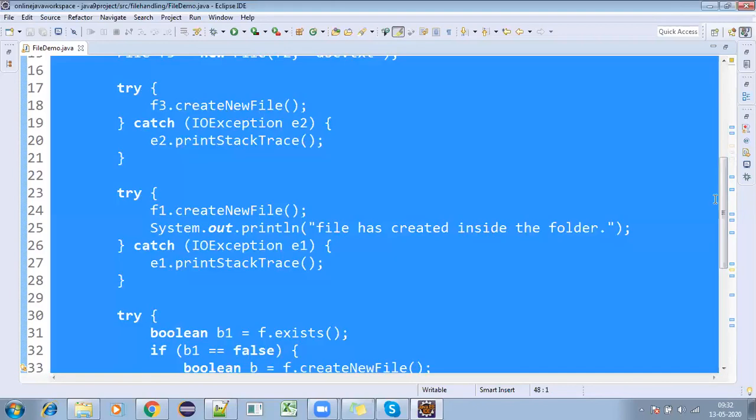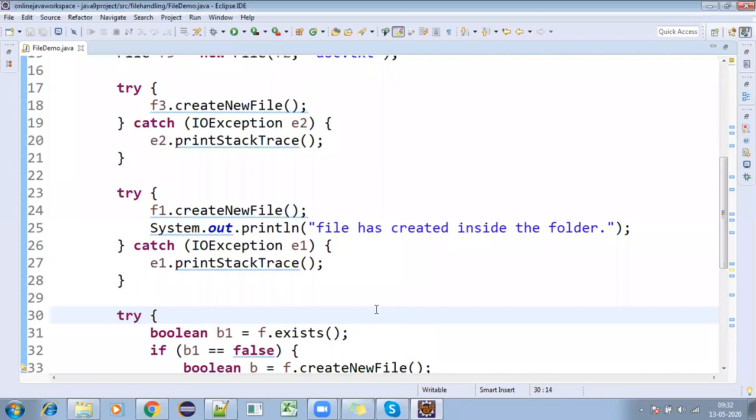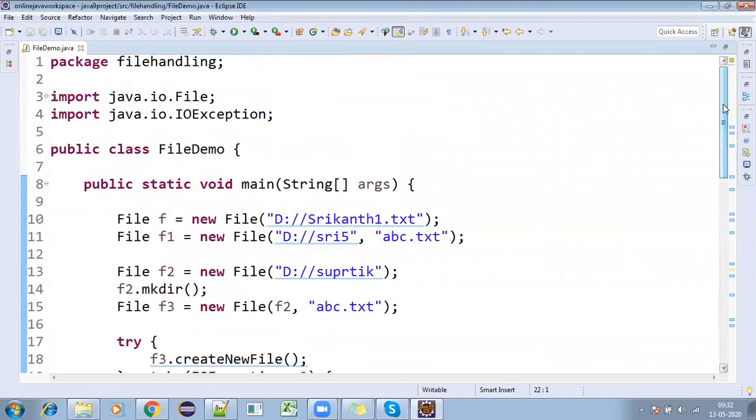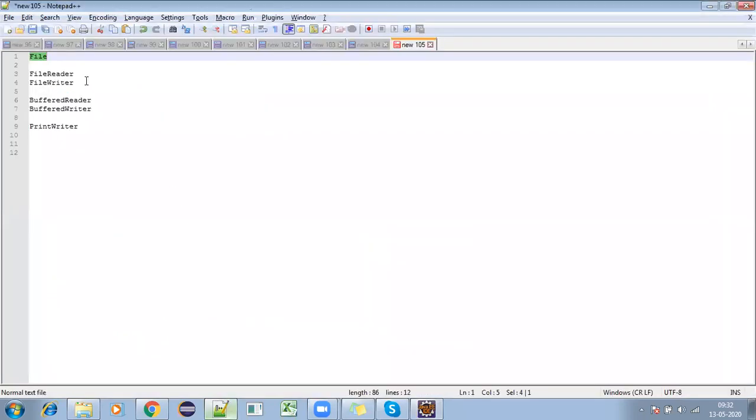So this is the simple program I can give you here. This is the way to create the file. Tomorrow, again it's a simple concept only, we can try to finish this in the next 2 to 3 days. We'll be writing something into the file and we can try to read the data. There is a file writer, you can write the data and you can read the data. There are some methods for how you can write it and how you can read it.